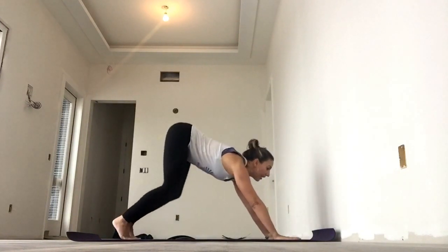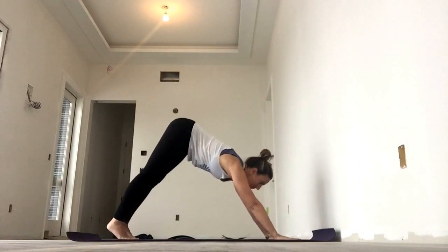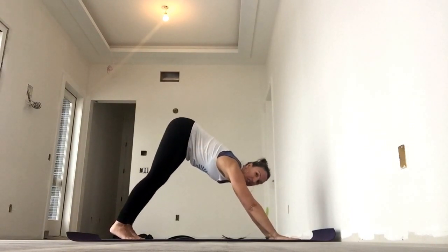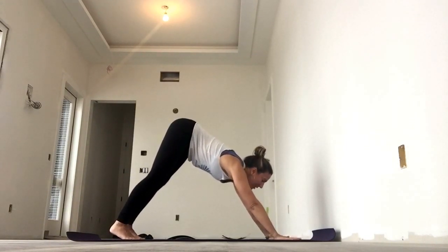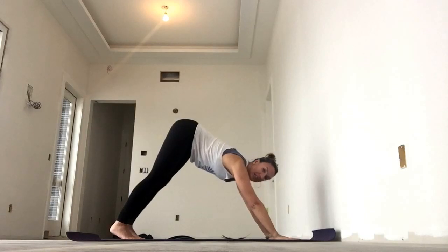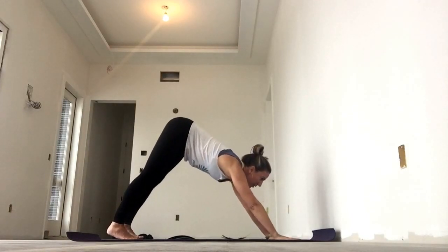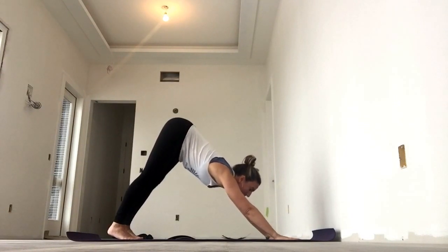Tuck the toes, lift the hips, and send the hips back. So once you get into the pose, keep your knees a little bit soft until the hamstrings wake up. You press into the inner triads of the hands, so the index finger knuckle, the thumb knuckle, and the base of the inner wrist. Really try to focus on pushing the mat away from you and creating some length through